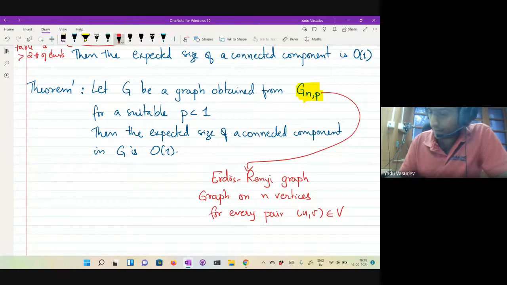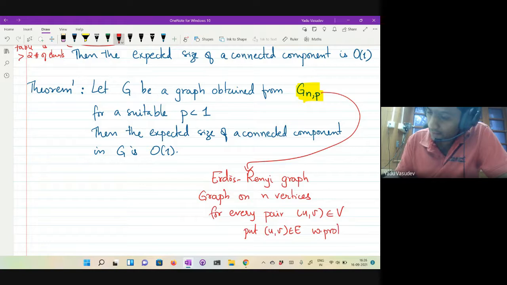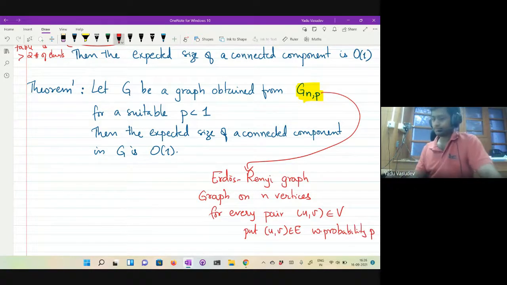For every pair of vertices u, v, put the edge uv in E with probability p. So you take n vertices, and for every pair of vertices you choose to put that edge with probability p, independent of any other pair.